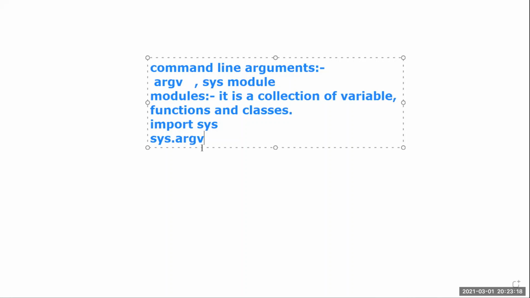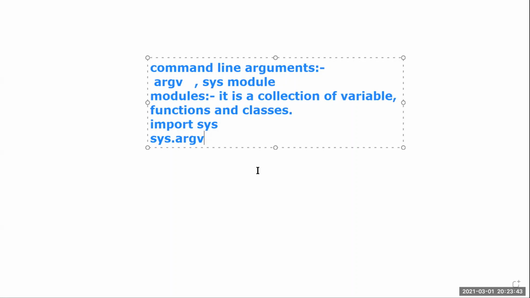Is it clear? Yes, ma'am. Okay, so what is meant by command line arguments? The arguments which are passed through the command prompt at the time of execution are called command line arguments. So command line arguments are another way to provide user input.